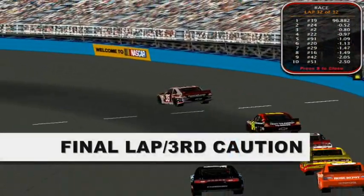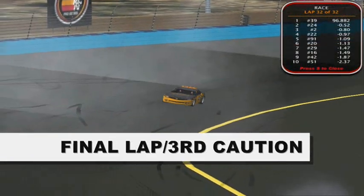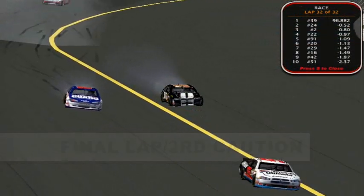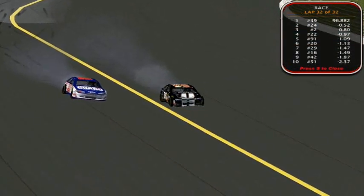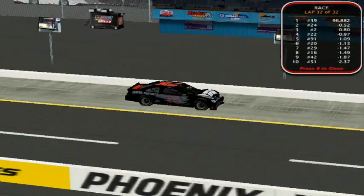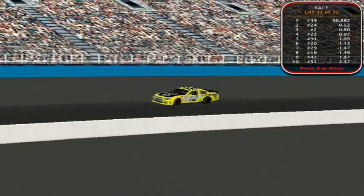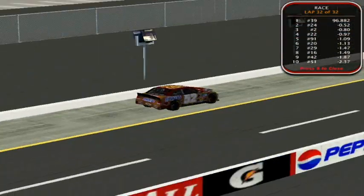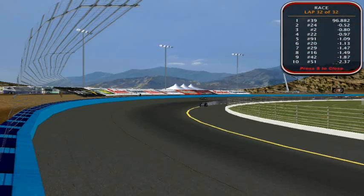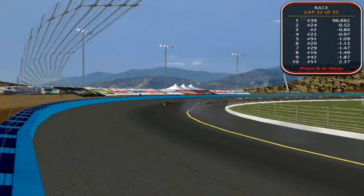And oh man, caution's out. The caution is out, and the race is over. Some guys are making pit stops, but the caution is out. Oh man, Steven Gonzalez, Barney Ward. Uh-oh, Andrew Sidney's got damage. Oh no, Callum Wells, Scott Bell, Seth Cole. Oh my gosh, Jay Wakefield. Oh my gosh, that is not what they needed to see. There's Barney Ward, and then there's...